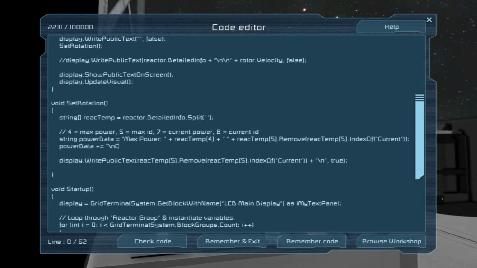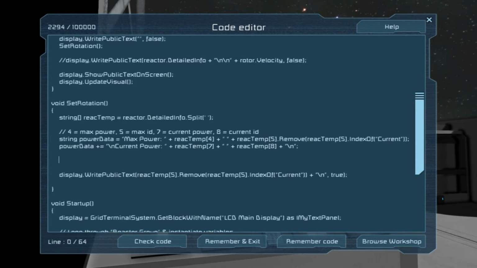We'll leave the quote open and say current power plus 7 and space plus and 8. And then we'll also add a new line to the end of this, just because.